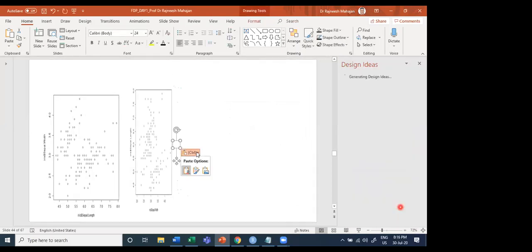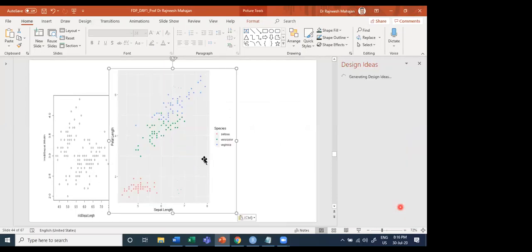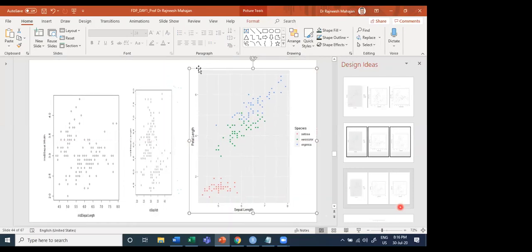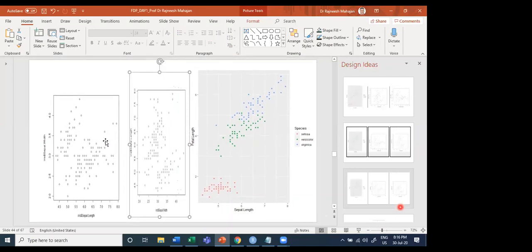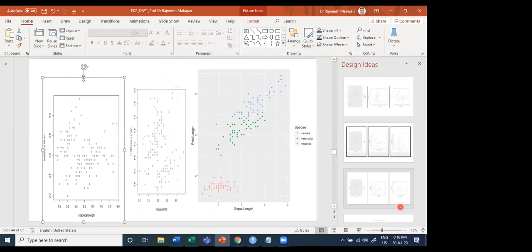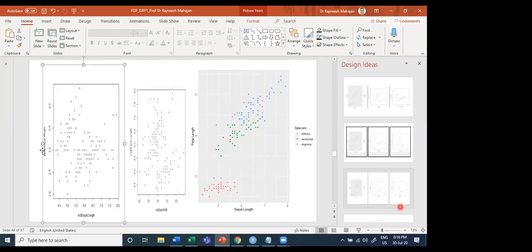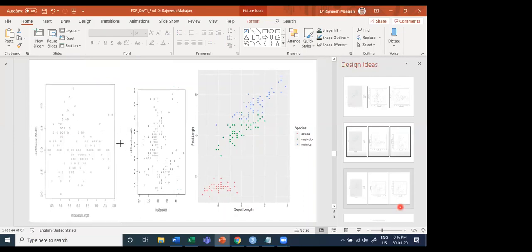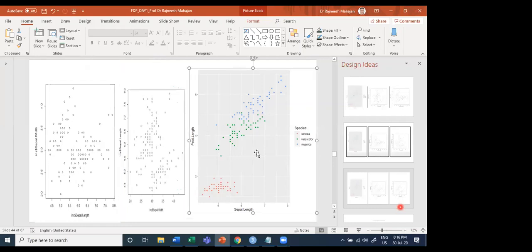So let me put it into comparison. So here is the comparison of 3 together in general. I'm just trying to make it comparable for the 3 plots. Look at the first situation, look at the second situation, look at the third situation.